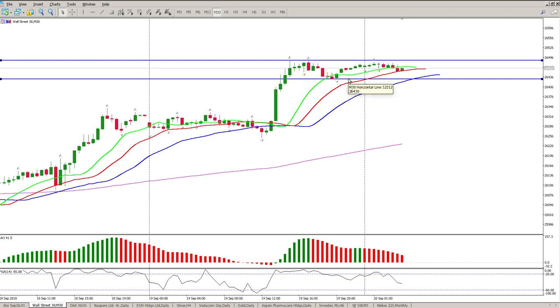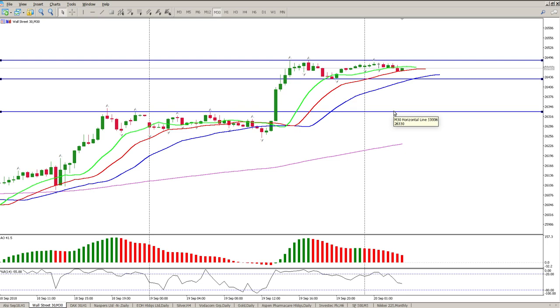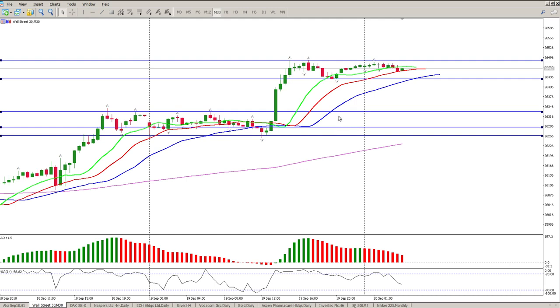Okay. So a break below 26,430 is going to give us moves to the downside. And then obviously what you want to do is just pick up the different levels. There's the first level there. So that's the area that you'd expect buyers to step in, which is 26,330. Failing that, you're looking for that area there, and then obviously that area there. So if we do break below 26,430, you're looking for long entries around 26,330 or 26,283, or alternatively 26,260. So somewhere in that area you should get